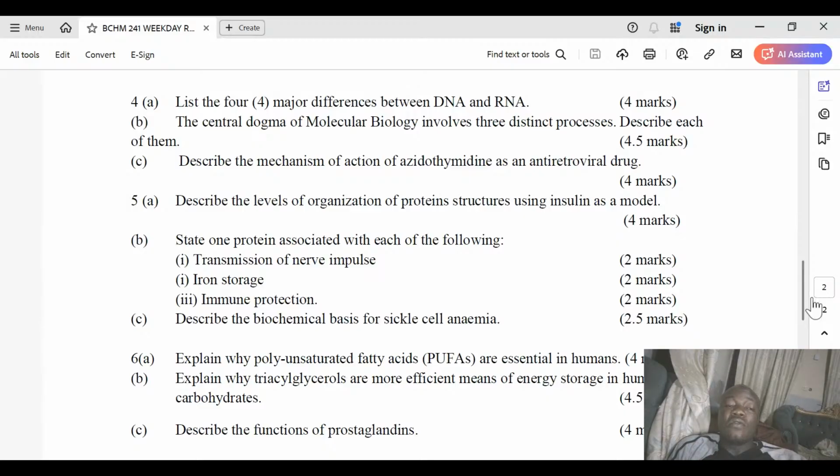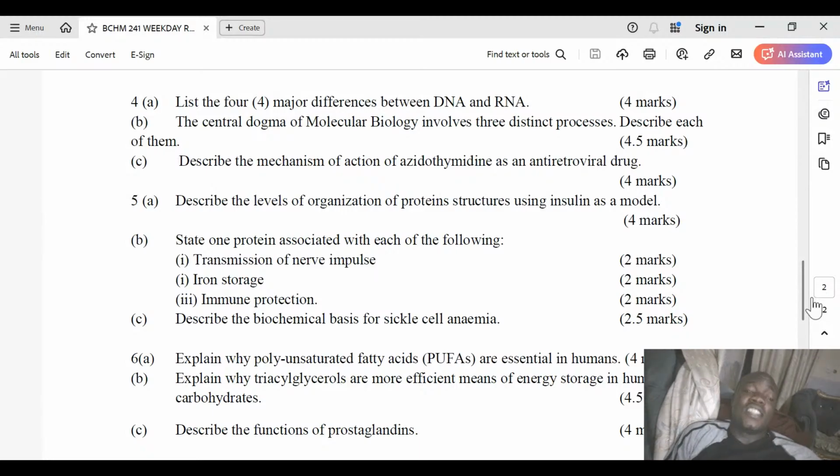The fatty acid has many hydrogens in it. So it means that they are highly reduced. And it is because of that reduced property of the fatty acid that lipids or triacylglycerol produce more energy than carbohydrate. So the answer is because fatty acid is highly reduced. That is why it produces more energy than carbohydrates.